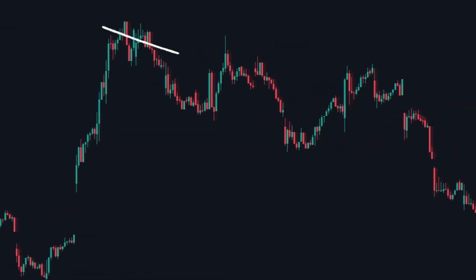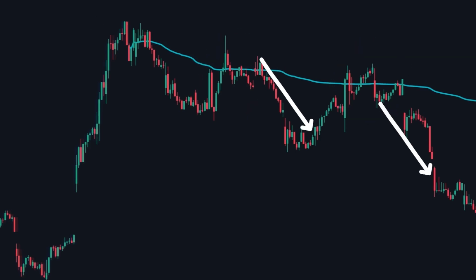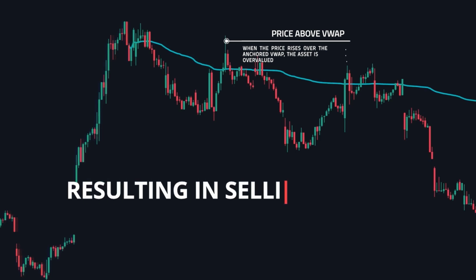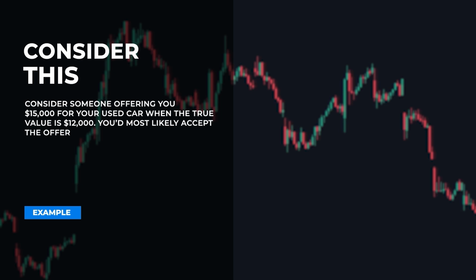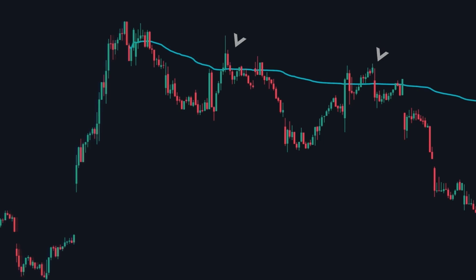For example, in a downtrend, the price reversed and began a downward movement. We plot the Anchored VWAP based on this candle. The price then retreated to the VWAP, consolidating for a few candles before moving lower. When the price rises over the Anchored VWAP, sellers see the asset as overvalued and seize the chance to sell, resulting in selling pressure. Consider someone offering you $15,000 for your used car when the true value is $12,000. You'd most likely accept the offer, and similarly, sellers seize opportunities above the VWAP, resulting in large sell orders and